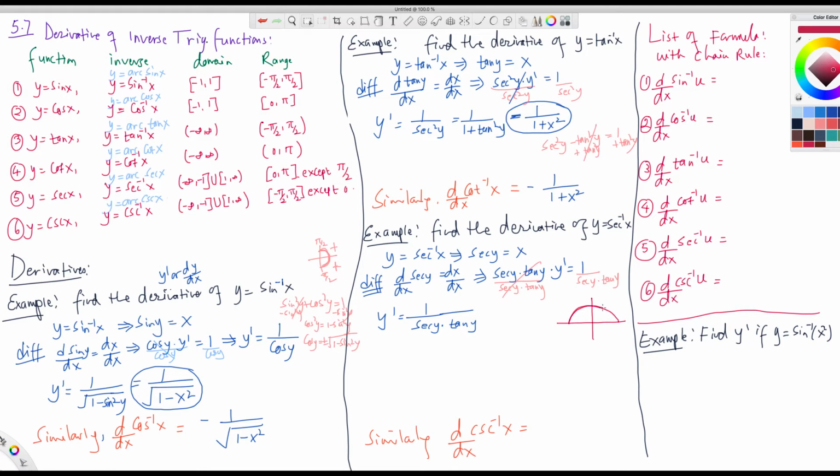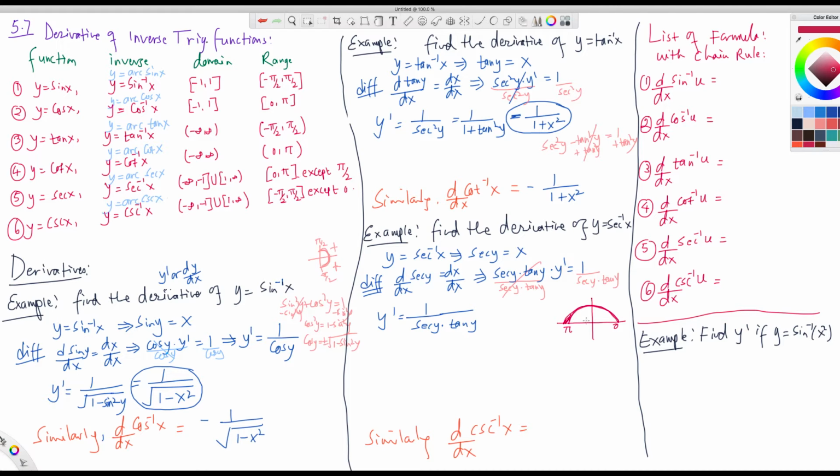These are the values of y between 0 and pi, right? So that's where the value of y will be when y is secant inverse x. So in this case,